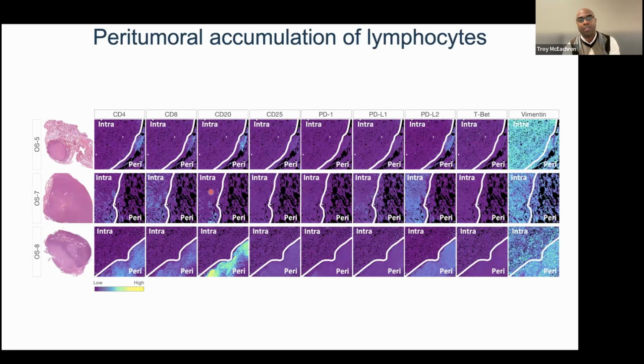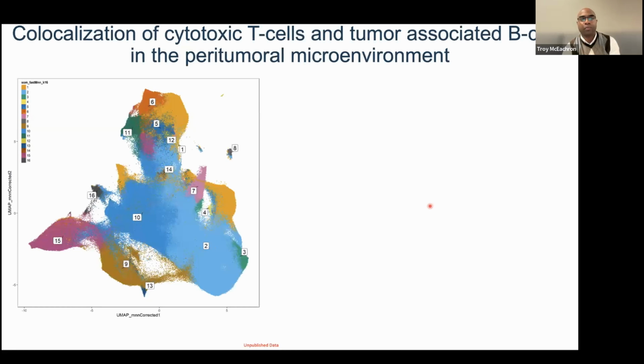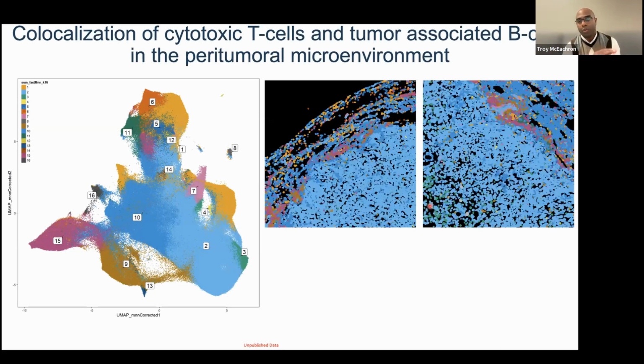But in this fibroblastic osteosarcoma specimens, we actually are seeing infiltration of lymphocytes, which is kind of interesting. We can take that data, do some more really fancy math, make all these UMAPs and all this other really fun stuff. But essentially what this allows us to do is really do dimensional reduction analysis and ask the question, what cells are expressing what types of protein and how do they actually cluster together? And then once we identify how they cluster together and what their relationships are, we can project them back onto